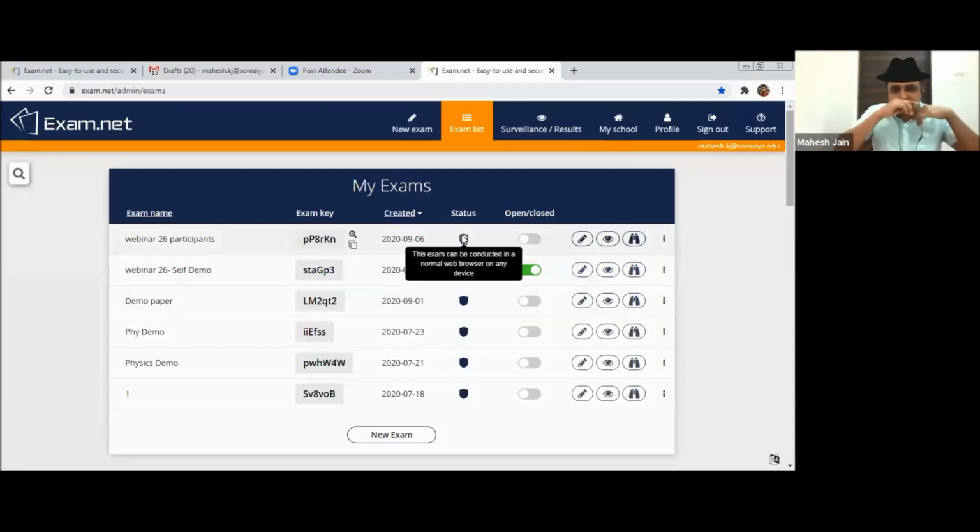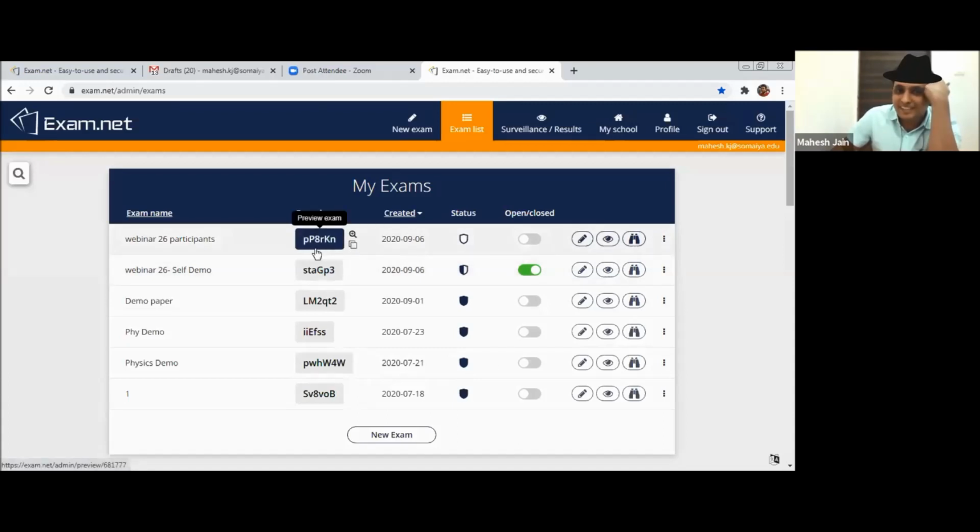What I would request all of you to do is go to exam.net and type this. Please write down this ID as in P, small p, capital P, 8R, K, capital K, N. Yeah, please go to another tab and write down this.